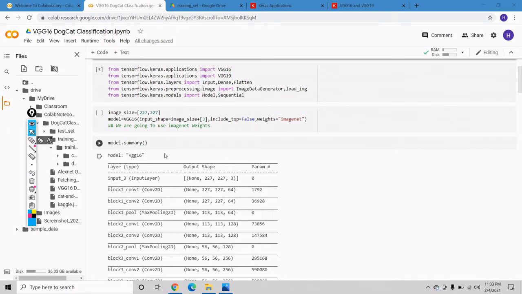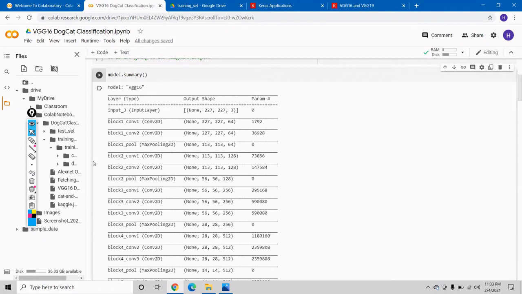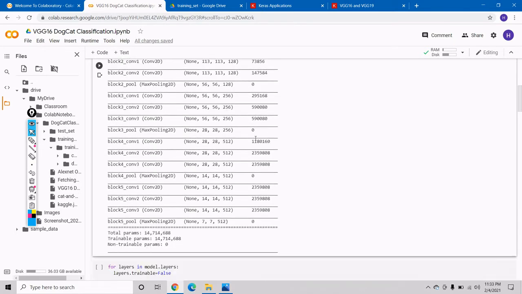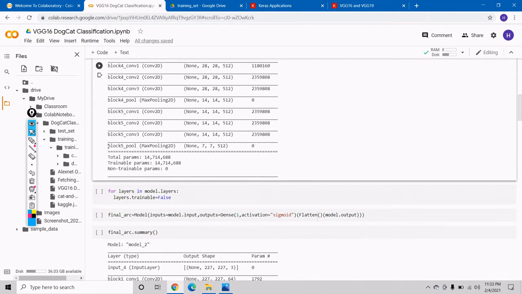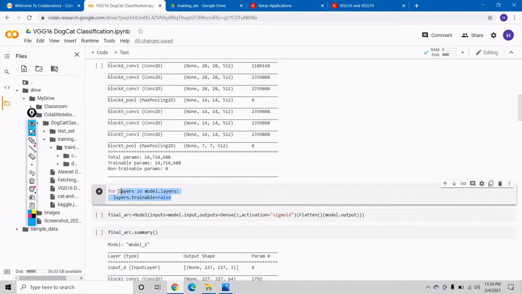After that we look at our summary. As we can see, we have given our input layer, and till now we have not passed any of our images. At the end there is no flattening layer, no hidden layer and no output layer, so we have to add our last three layers. In the between layers we do not want to train anything.